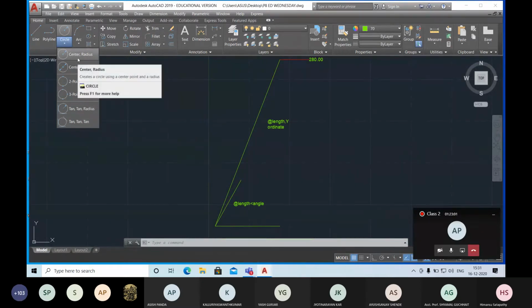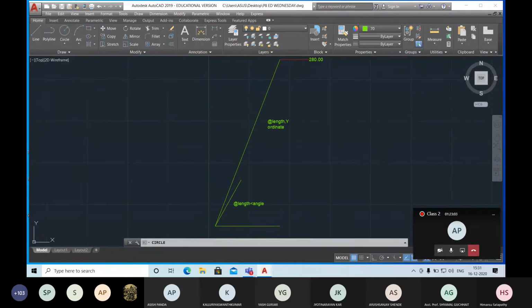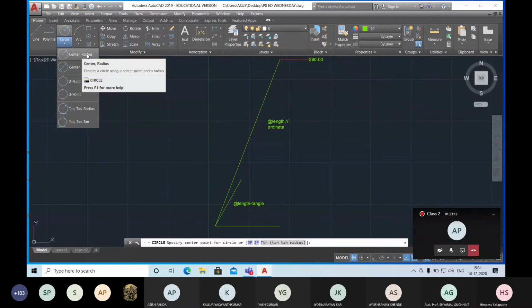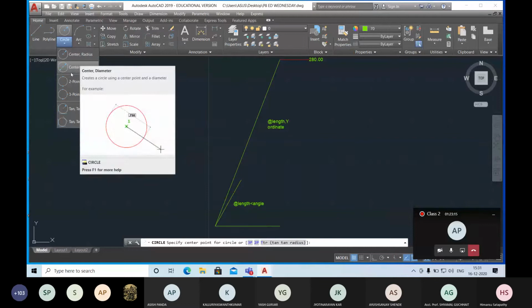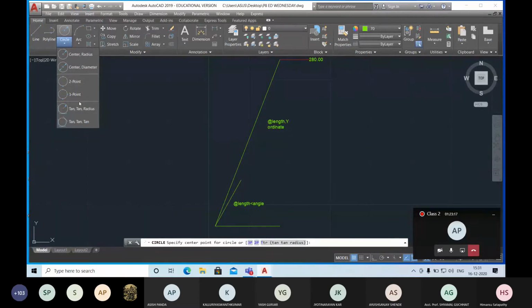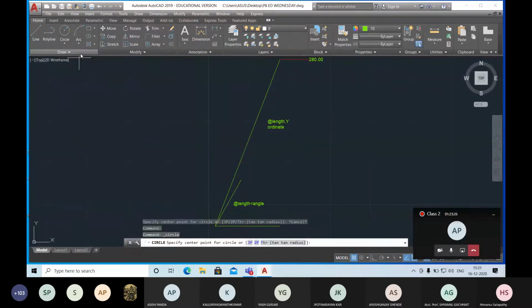Under the center radius option, you have to mention the center, then mention the radius. These are self-explanatory. I will tell you one by one. The first option is center radius. You can select from here.